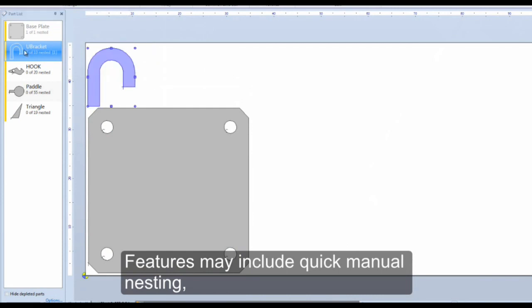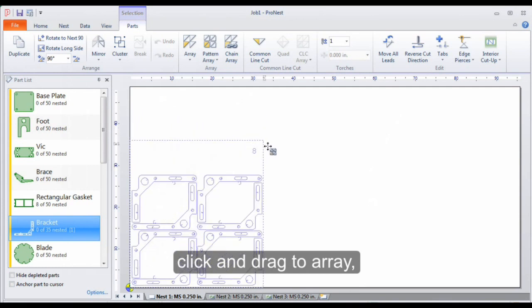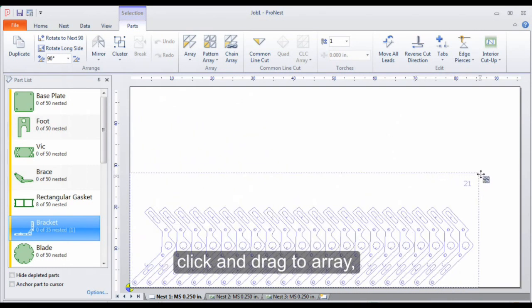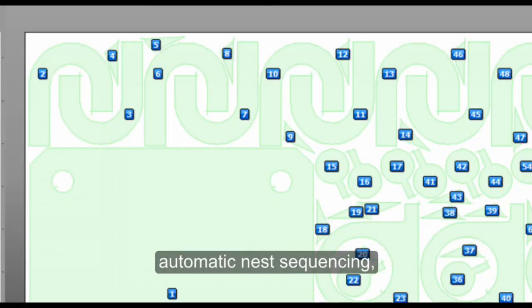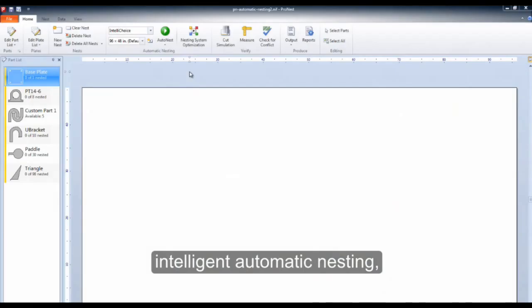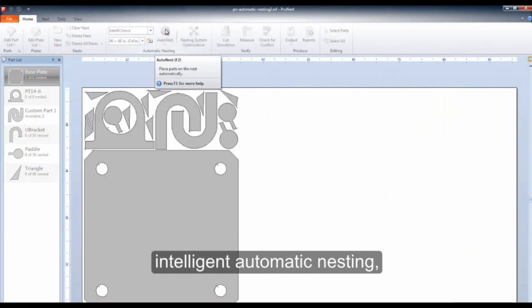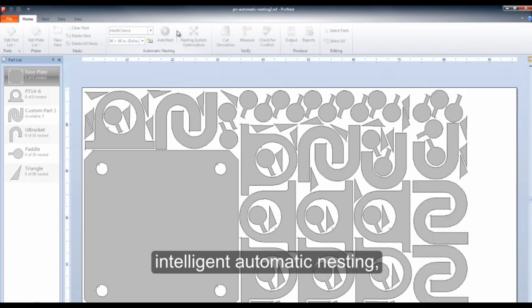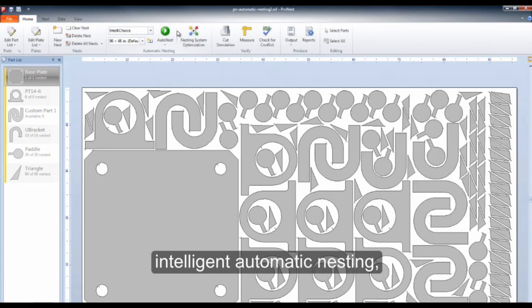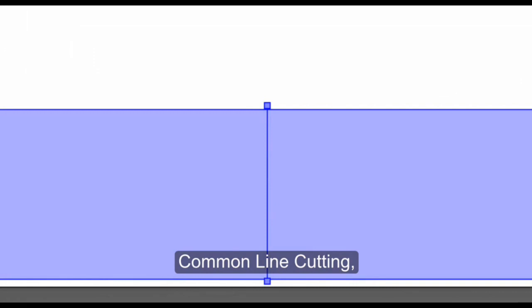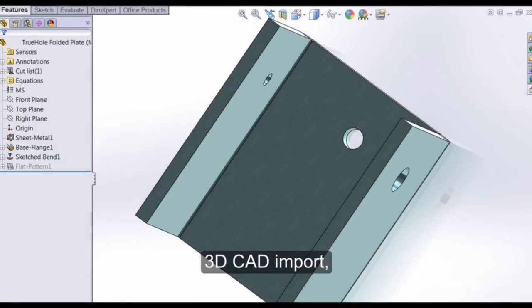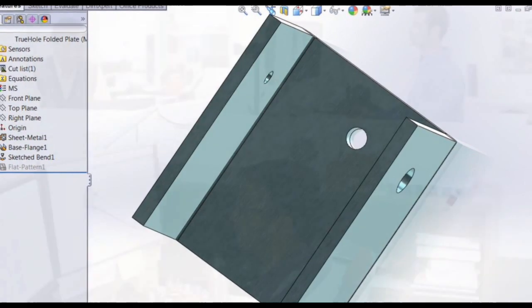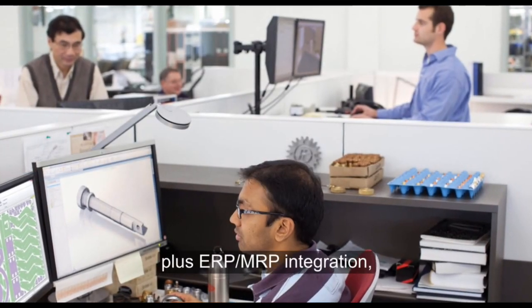Features may include quick manual nesting, click and drag to array, automatic nest sequencing, intelligent automatic nesting, common line cutting, 3D CAD import,